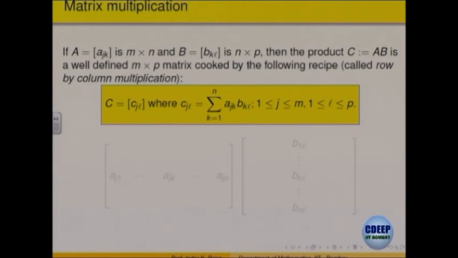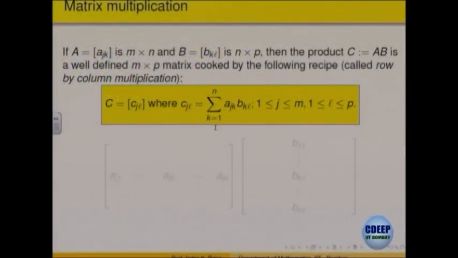but later on we will see that this is the way it should be defined to have nice properties. We will link it with what are called linear transformations. Like in functions, you have composition of functions. Later on, we will define what is called a linear transformation, and composition of linear transformations will correspond to matrix multiplication. So, we will tie it up a bit later. But at present you have to just remember that way. So, this is the matrix multiplication.